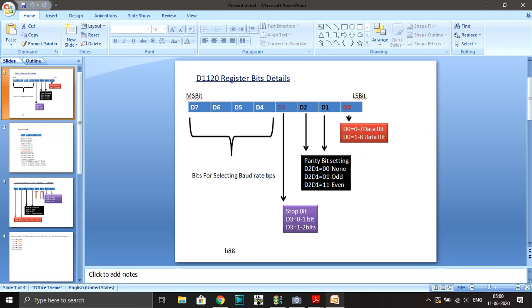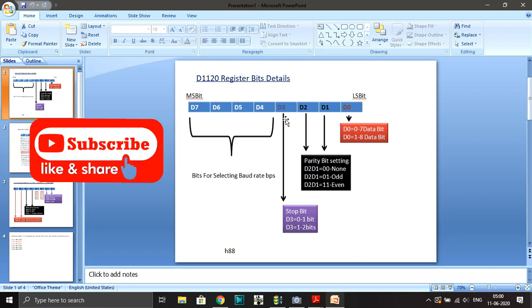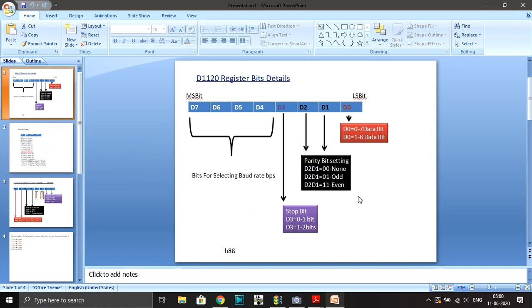So 00, 01 and 11 will tell the parity bit. D3 will tell how many bits we are going to use for the stop bits. 0 is 1 bit and 1 is 2 bits. All this I explained in detail in earlier videos, so don't worry about it, just watch the previous video.